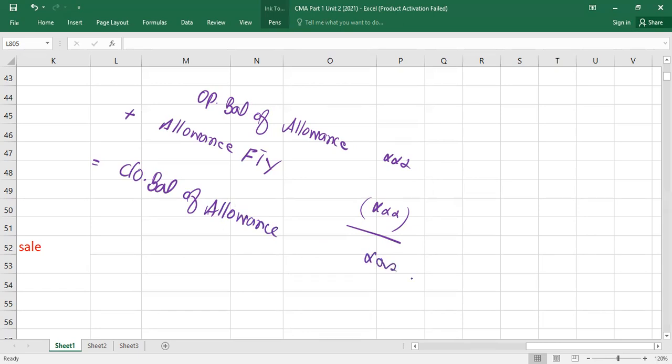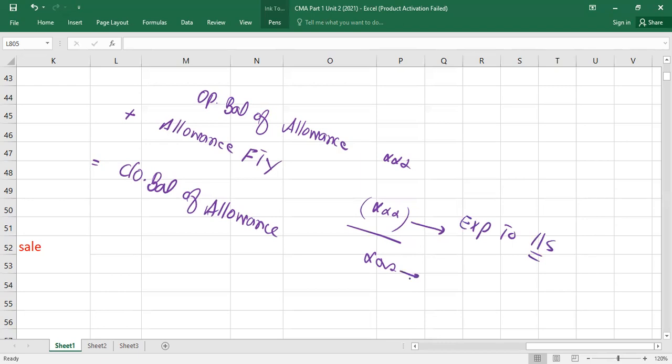Okay. Now, here you have to understand the things. This value you will always take as an expense, as expense to the income statement approach. Regardless of whether you are applying the income statement approach or the balance sheet approach, this value you will take as expense to the income statement itself. And this value,